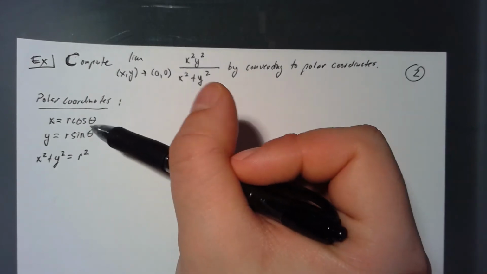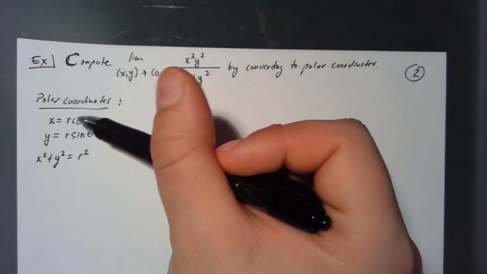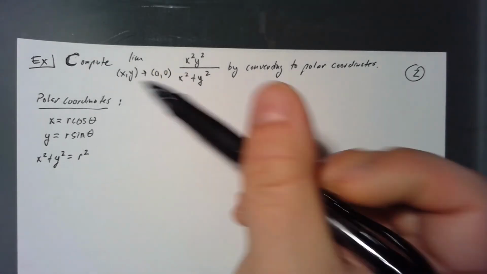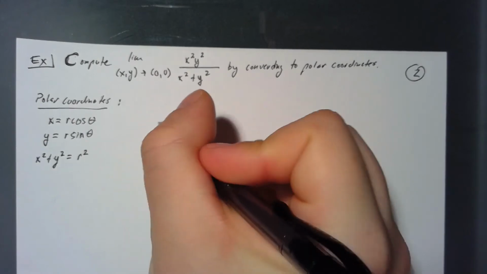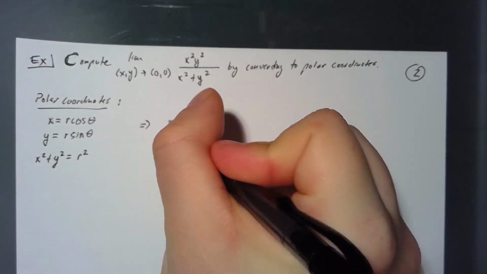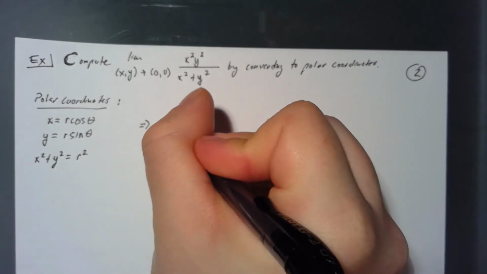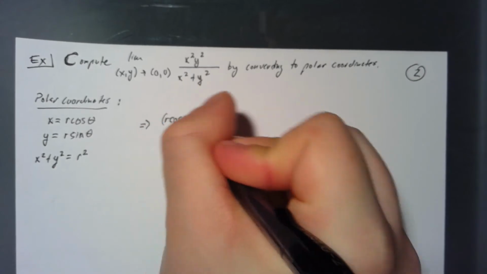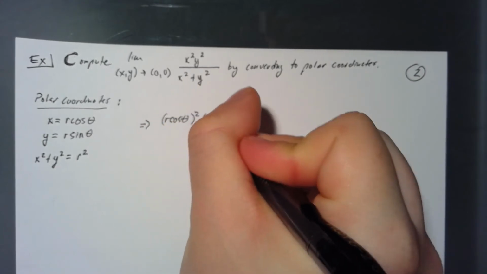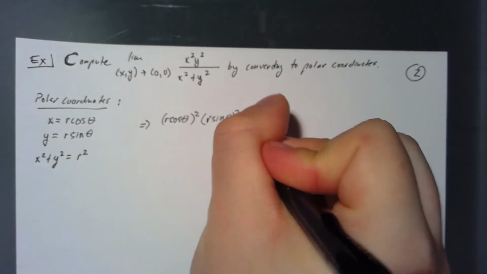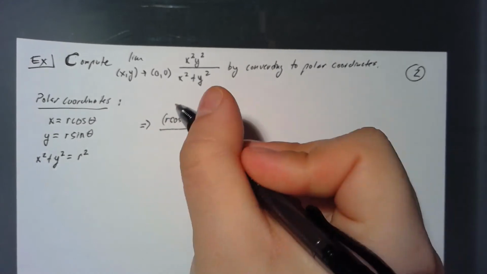This numerator becomes this quantity squared times this quantity squared: r cosine theta quantity squared times r sine theta quantity squared, all over